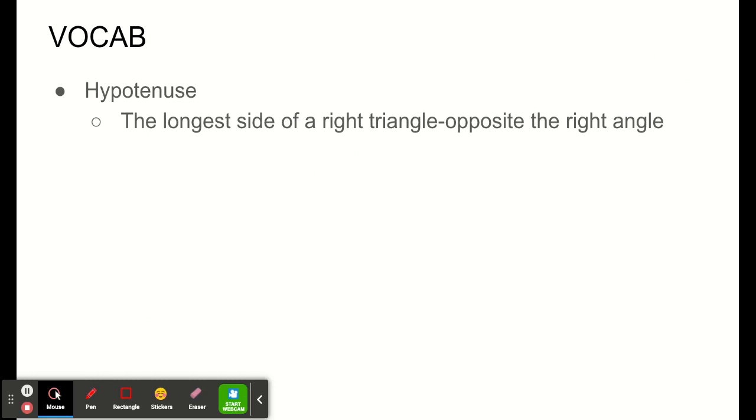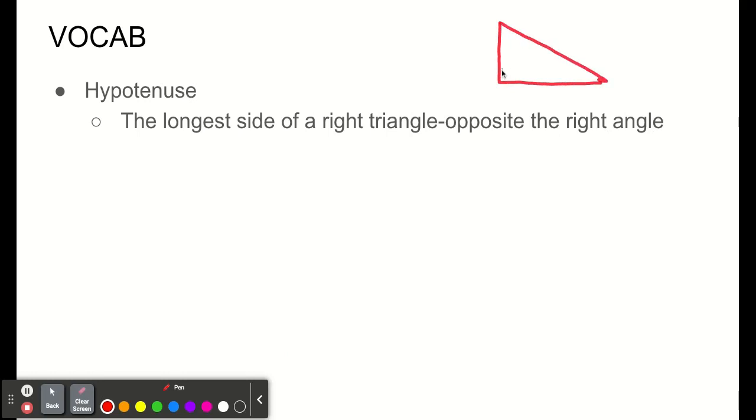So first for our vocab, our first vocabulary term is the word hypotenuse. And a hypotenuse is the longest side of a right triangle. And that is always going to be the side opposite the right angle. So in a right triangle,